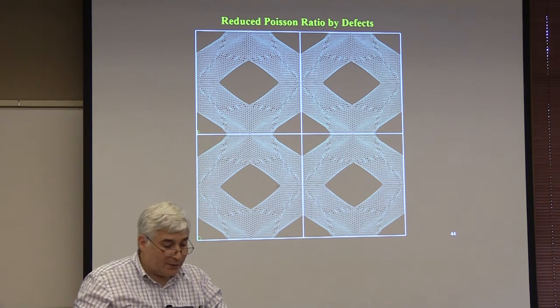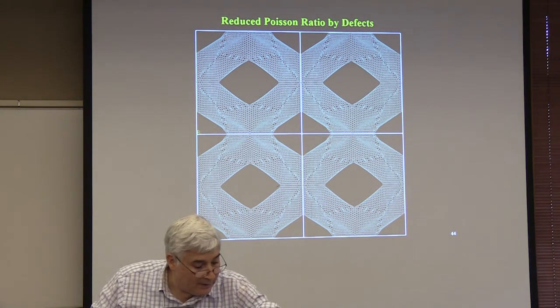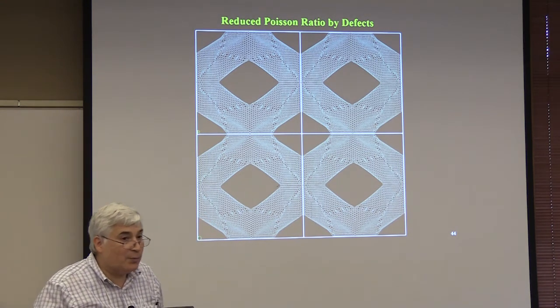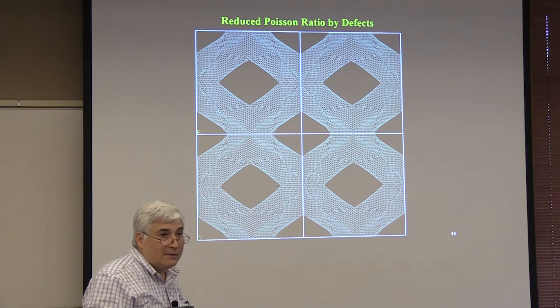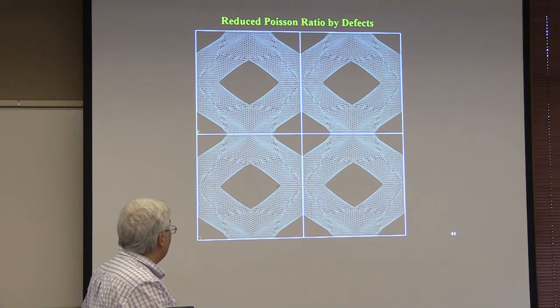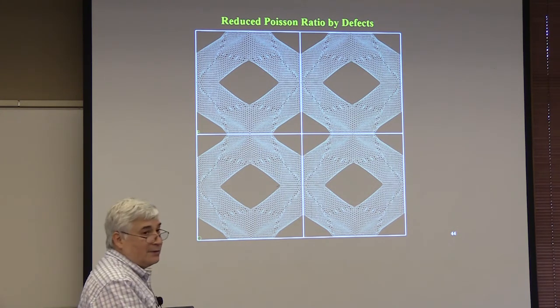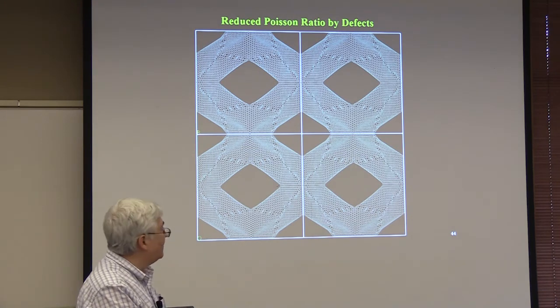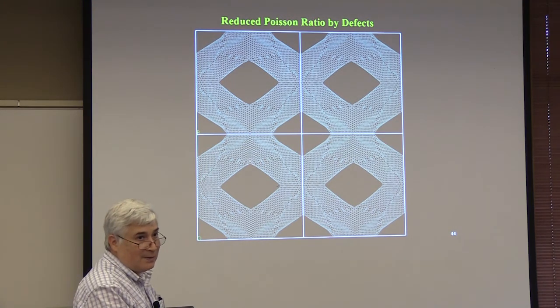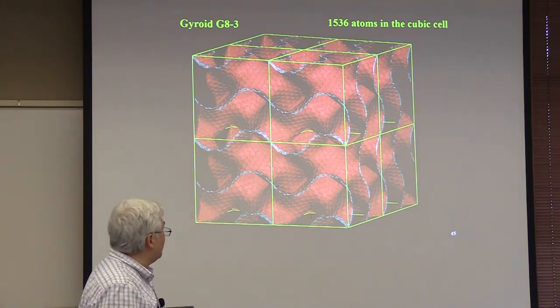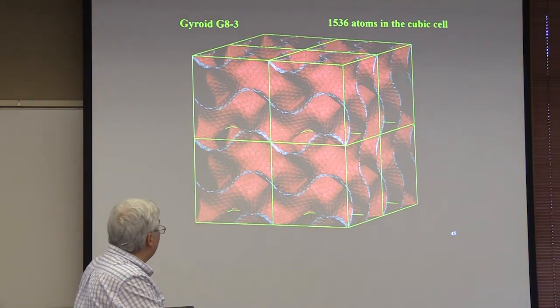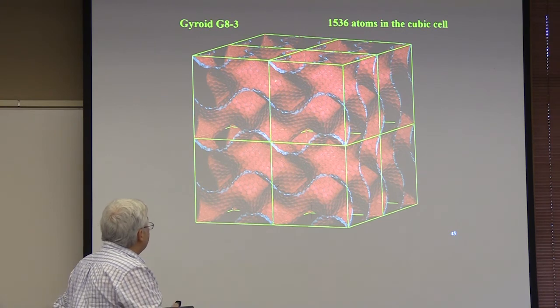So this is counterintuitive. These are called negative Poisson ratio systems or auxetic systems. The problem is to synthesize this structure. People have not been able to synthesize this structure. People are working on it. So I will change gears, and I will go very quickly with a very interesting case, which